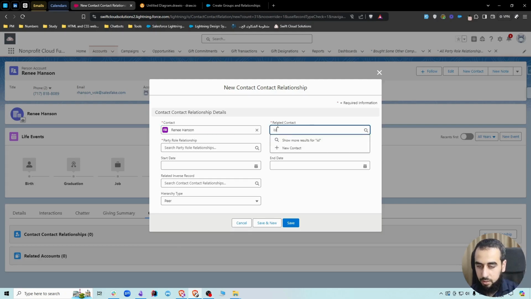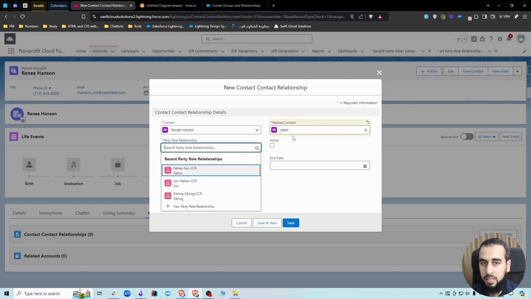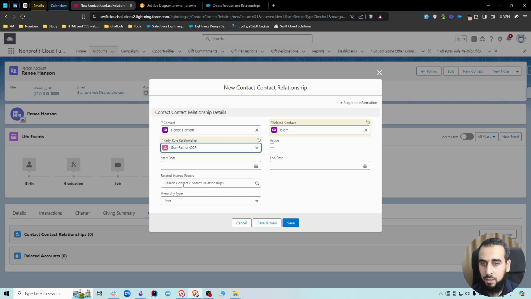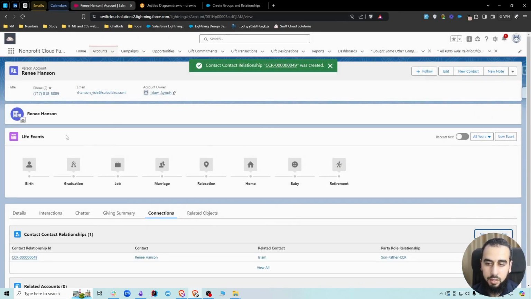I'll just say Islam, and previously we selected Islam is the father. Now we are looking at Rennie. Rennie is the son, so I'm gonna select the other one, son, father, and then set this as active. This is how to create relationships manually. We'll look at how to create half of it, the second relationship, automatically in a